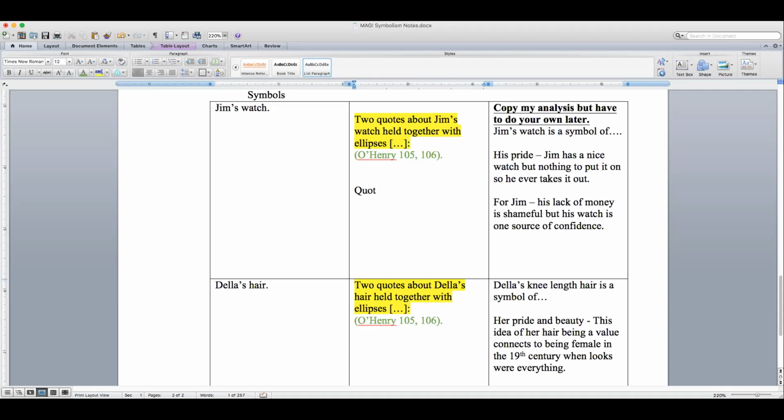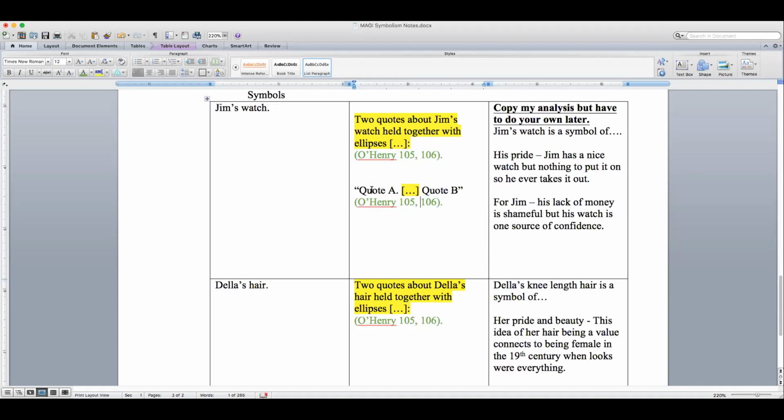Now, the thing that you would do that's still the same is you would still drop the last period, right? You don't have a period here because that's going to go after the quote. And then your citation would have a comma in it instead of just a single number, because